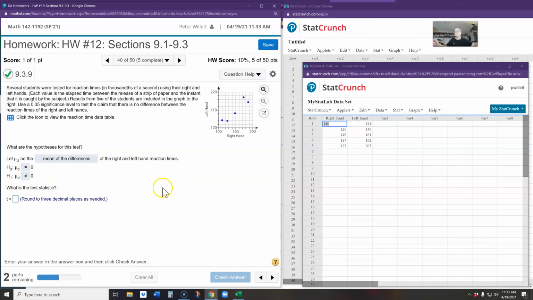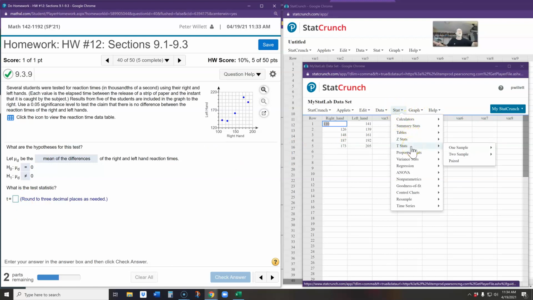All right, so having answered that first part, they then would like us to get the test statistic. So I want to get the test statistic. Now, they've given us a little indicator here that it's a t-value, so that's helpful. We are talking about means where we don't know the standard deviation of all the differences. So that's a t, but if we didn't remember that, it says t equals, so we know it's a t-distribution. So I'm going to go over to